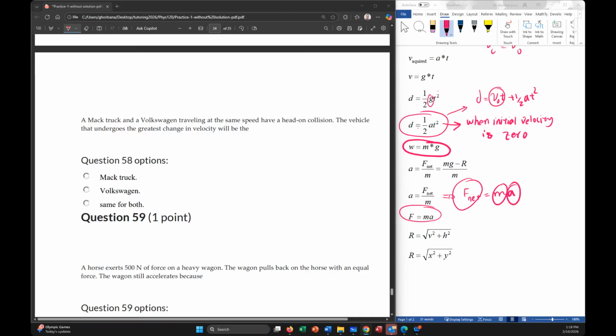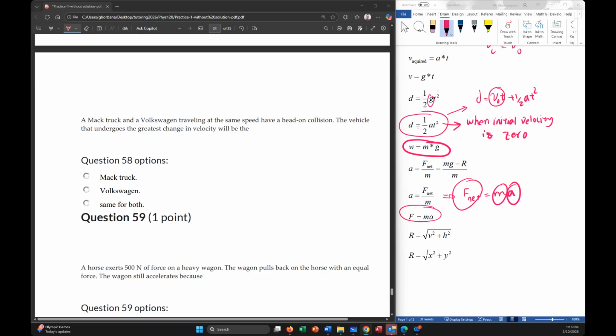Yeah, we can explain this with momentum, because you haven't studied momentum yet. Okay, so it's telling us that a truck and a Volkswagen have a head-on collision, traveling at the same speed. The vehicle that undergoes the greater change in velocity will be